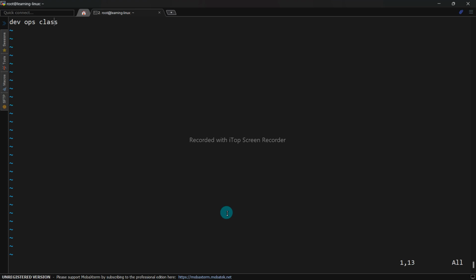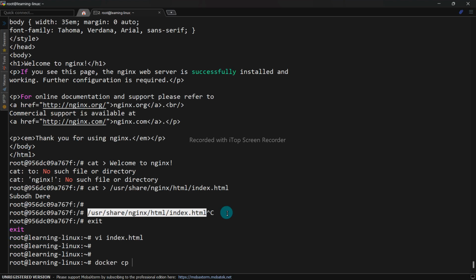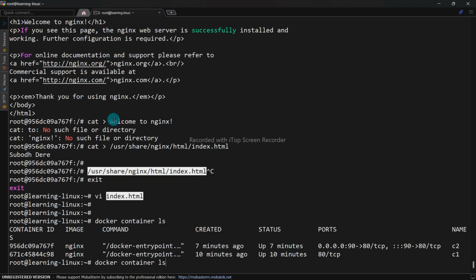If I want to copy this file within the container, I can do so with the help of the docker cp command. What docker cp does is copy the file from this virtual machine within the container. Which container do we want to copy to? Let's see the container id. I want to copy it within this c2 container. Which file do I want to copy? I want to copy the file index.html, the one I have created just now,